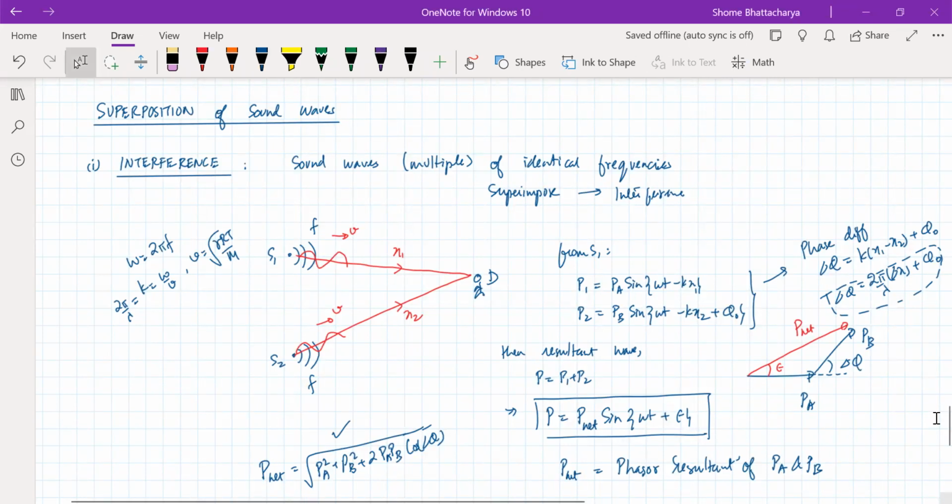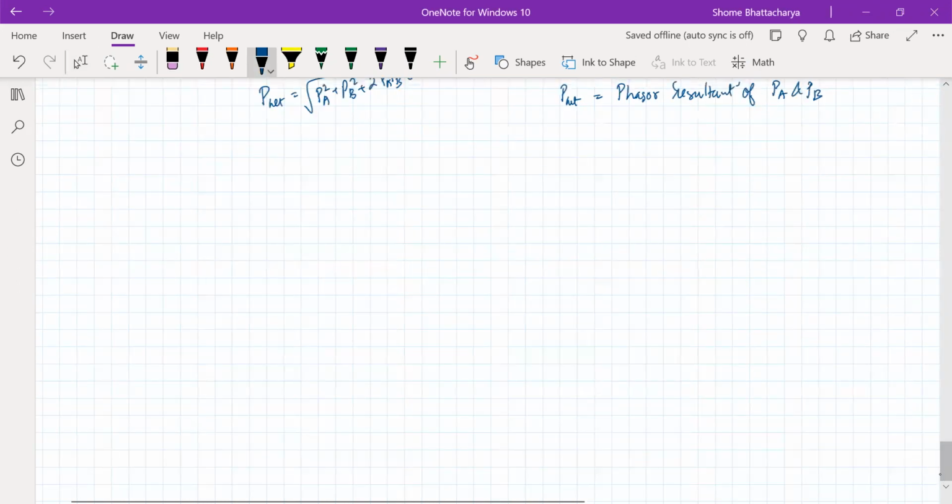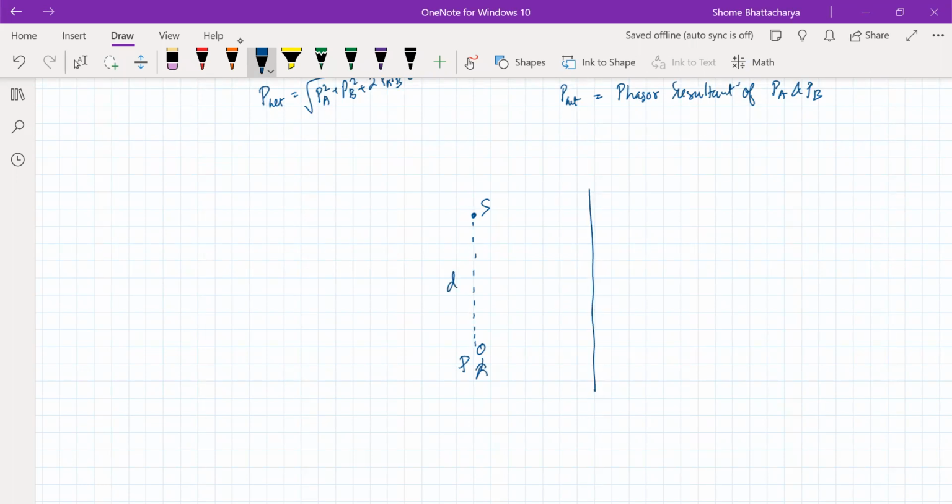Okay, so now one of the common types of phenomena related to this is something like this. If we have a source of sound here and a detector over here, and the distance between them is known, this distance is d. Now there is a reflecting wall. So what will happen is that the detector will receive two waves of sound. One is the direct and one will be the reflected. I'm not making the best diagram here, but